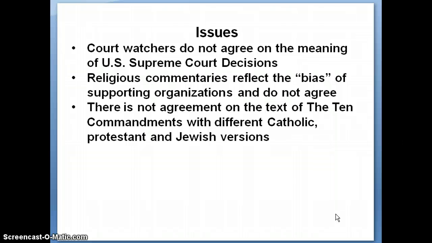So in other words, if you were raised in a Catholic household and you learned about the Ten Commandments and religious education through that source, you had one source. If you went to a Protestant church, you would have another source. And those of you who might be of the Jewish background, Jewish faith, would have another source. So obviously there are going to be disagreements.